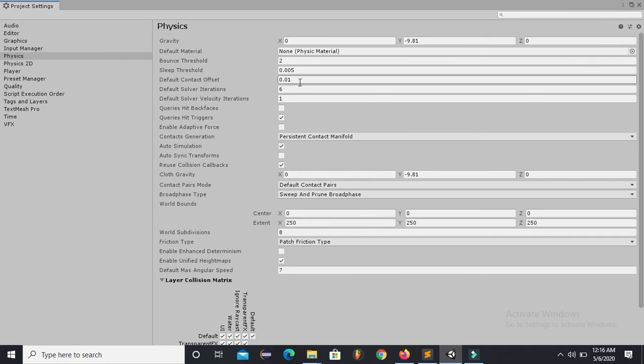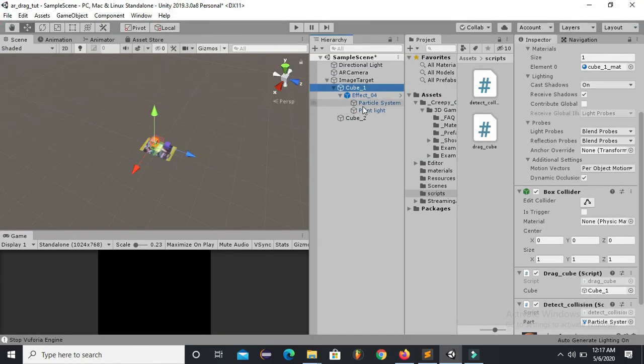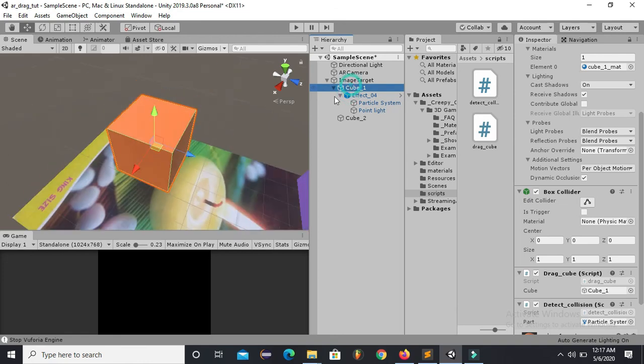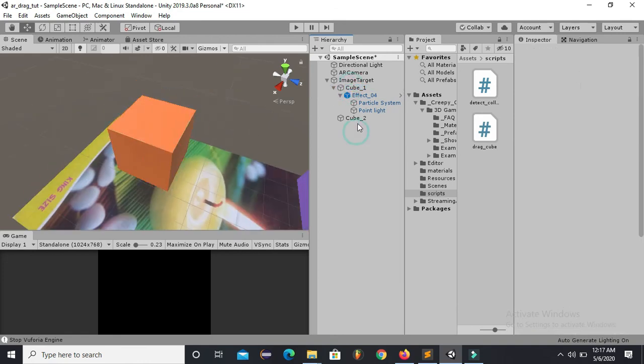So keep this as low as possible because this is the offset value, which means whenever these two objects get close to each other, this value will decide when the collision will take place. So when these two objects have an offset value of 0.01, then the collision will be declared. So now we are done with all the settings.